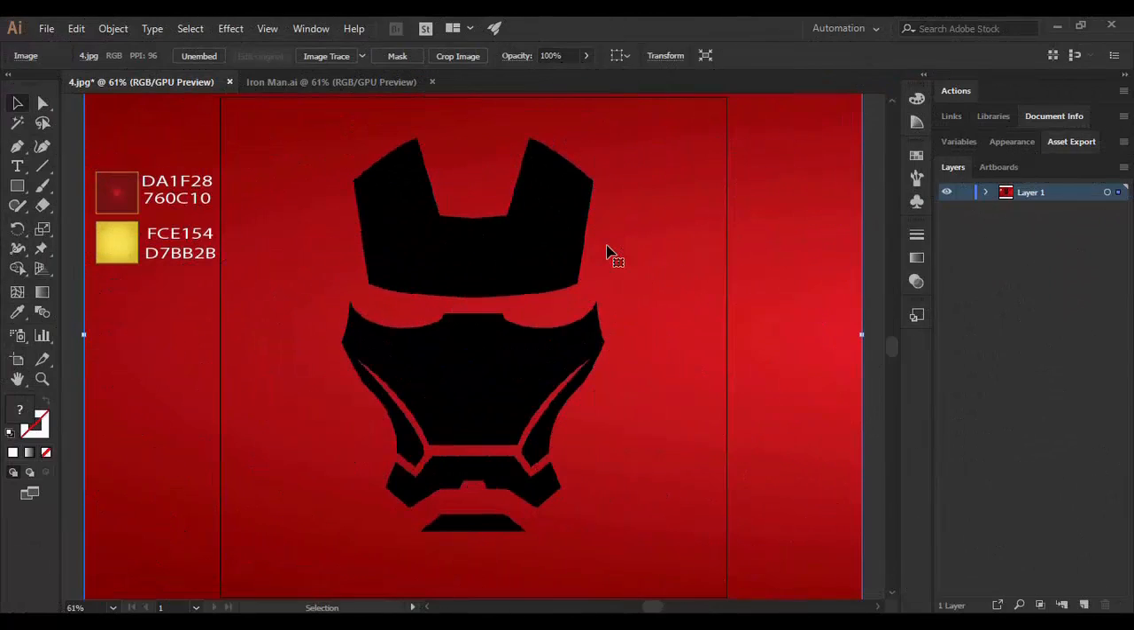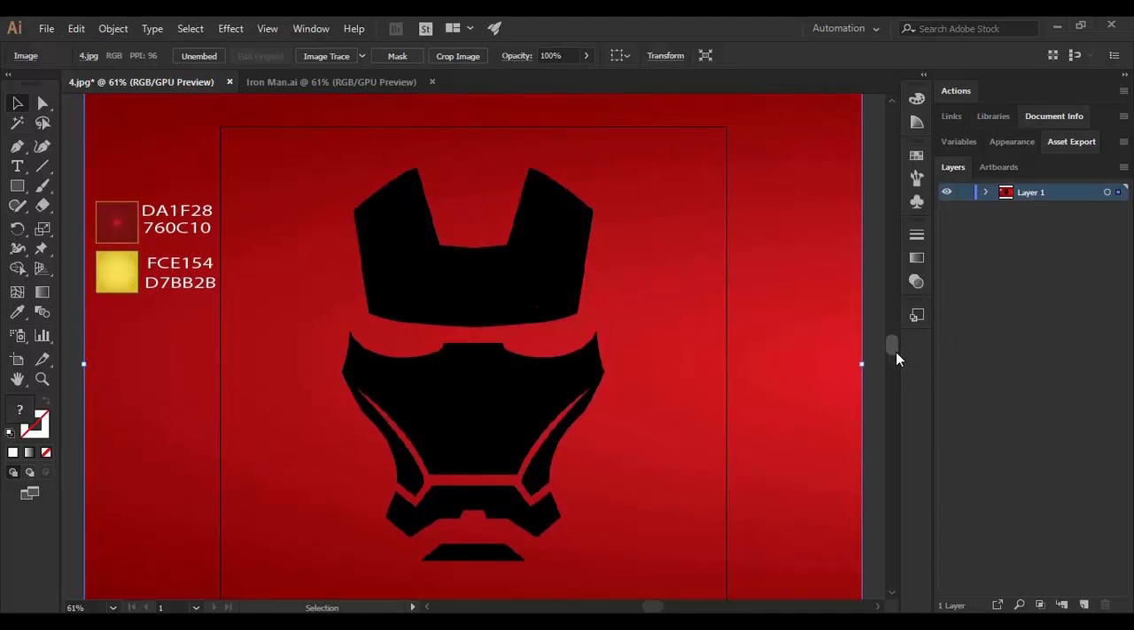We are going to see how we can create Iron Man's mask in Adobe Illustrator. In this tutorial, we are going to see how we can create a vector for Iron Man's mask in Adobe Illustrator. When following this tutorial, I have used a very simple method so that all of the beginners can easily create one Iron Man mask vector for themselves in Adobe Illustrator. For that, first of all, you need to get an image